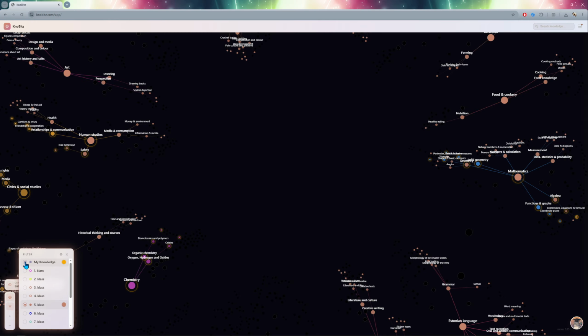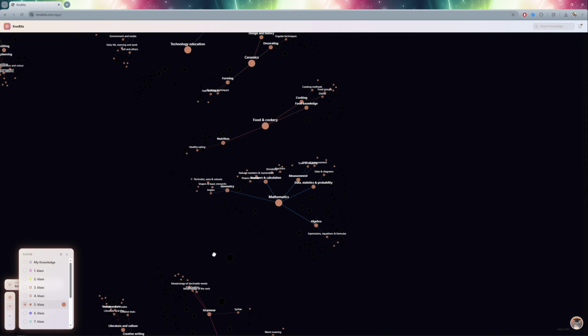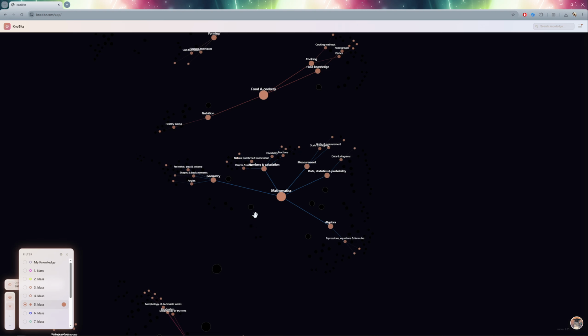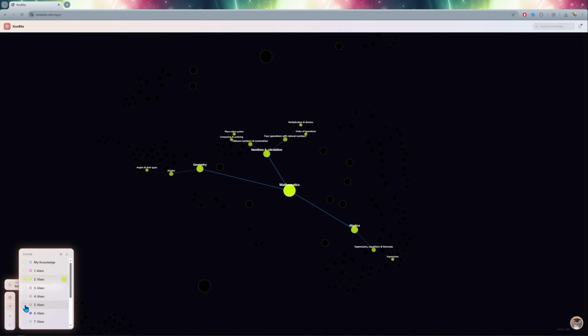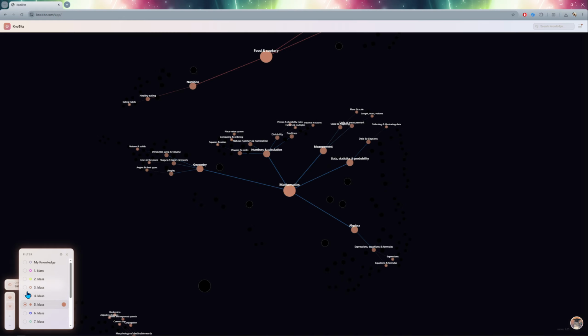If you switch on My Knowledge, what this does is it will show you what you have learned in the KnoBitz environment. So for example, if you have 5th grade displayed here in the filter, the My Knowledge is an additive filter. So if you switch from 2nd grade to 5th grade, they're alternative filters. But if you have 5th grade selected and you additionally select My Knowledge, then some additional things will appear that you have learned that are not part of the 5th grade